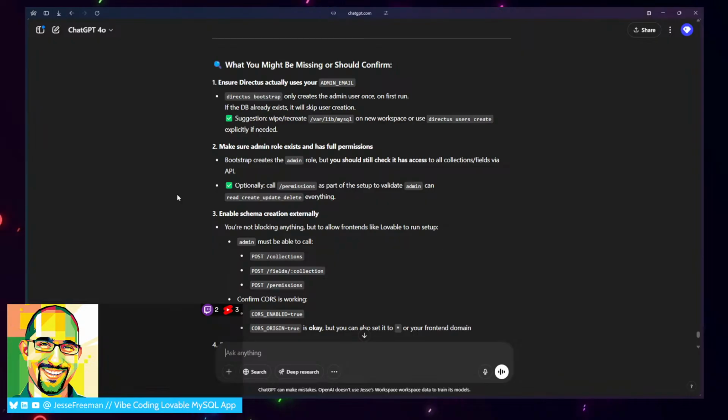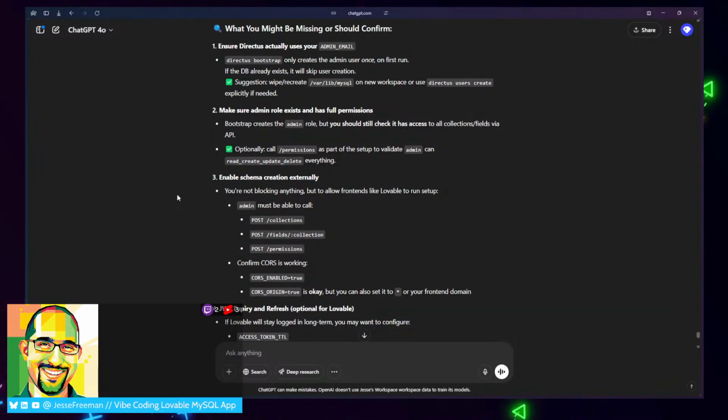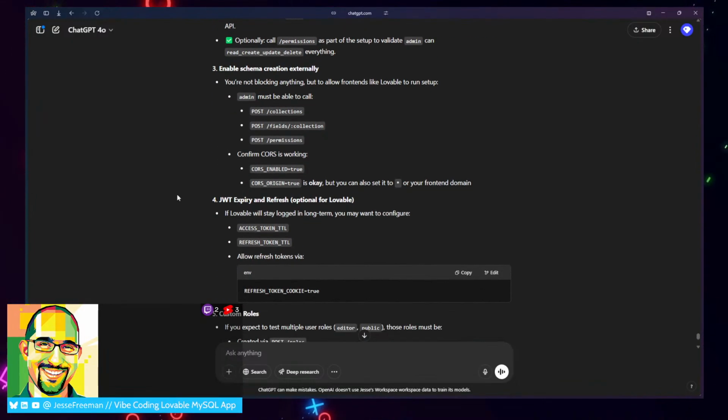Make sure the admin role exists and has full permissions. Bootstrap creates the admin role, but you should still check it has access to all collections field via the API. Optionally call permissions as part of the setup to validate the admin can read. Enable schema creation externally. If you're not blocking anything, but to allow front ends like Lovable to run setup, admin must be able to call